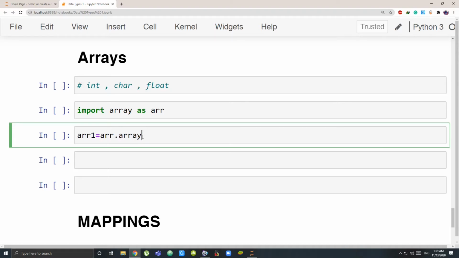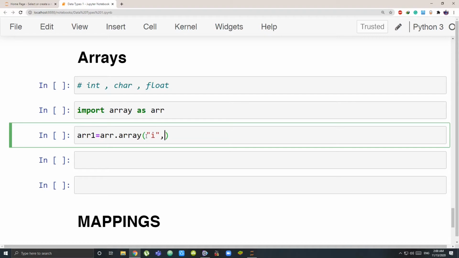So when I'm picking up something from this module whose name I have given as ARR, I have to put a dot, and what am I picking? I am picking the function array which makes the array. Then I have to put parentheses. Parentheses mean what is going to go inside, what type of array I want. So I want integer, so I have to write in quotes, I want integer. The short form for integer array is I.